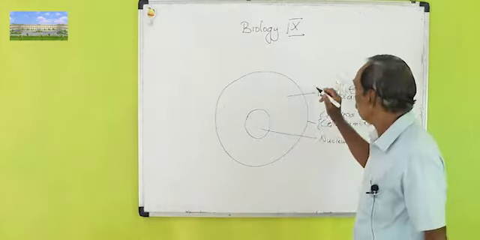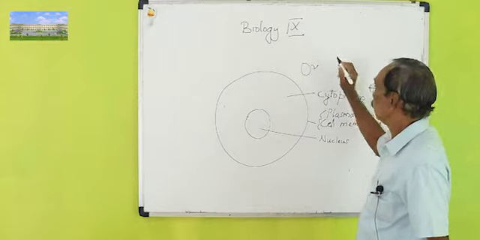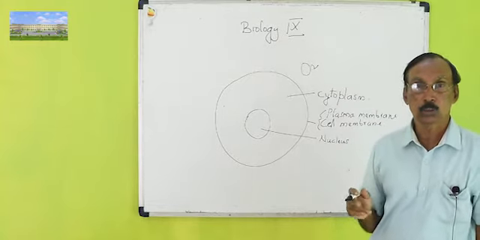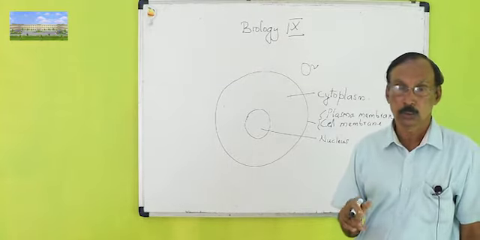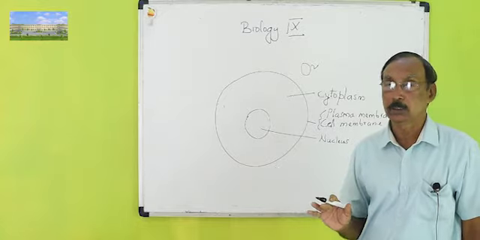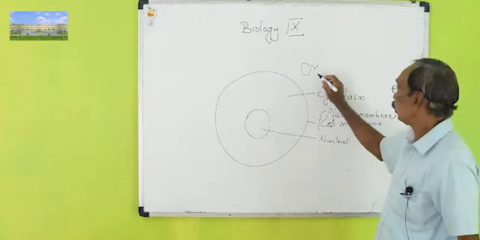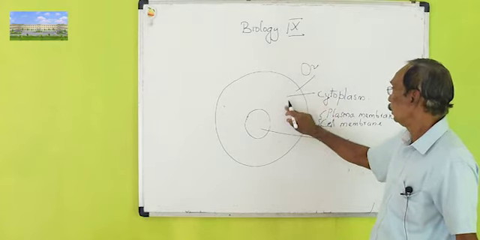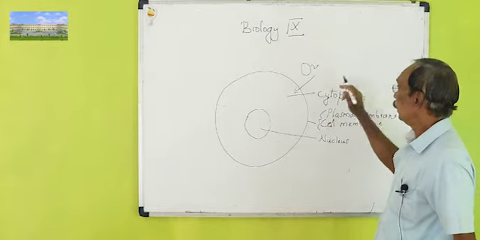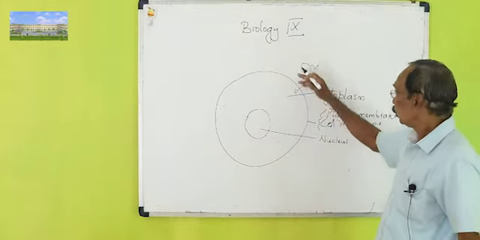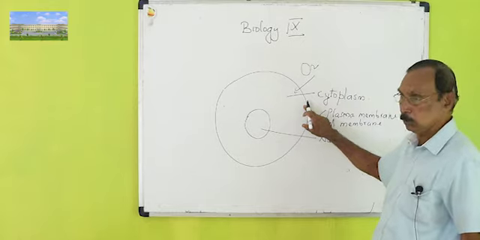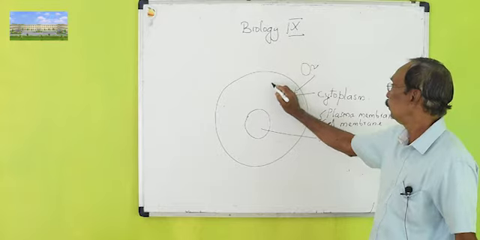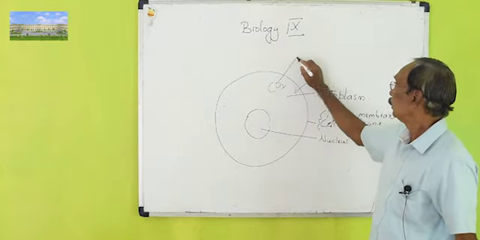You can see there is more oxygen outside. I already explained that diffusion means movement of molecules from high concentration to low concentration. If there is more oxygen outside the cell, this oxygen can get inside, where there is less oxygen, by diffusion through this plasma membrane. So it is permeable, meaning things can come in and go out. And if there is more carbon dioxide inside, you can see it can go out.